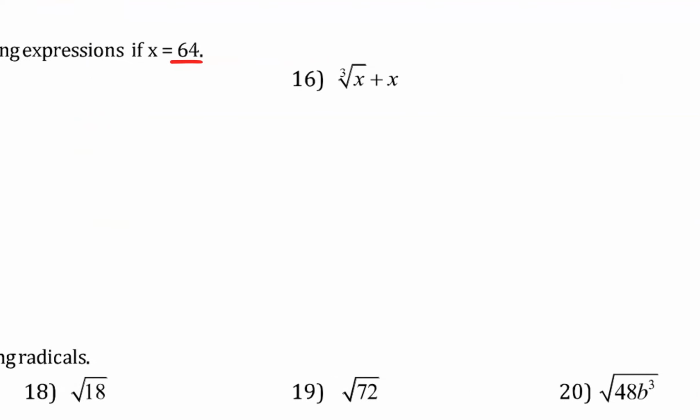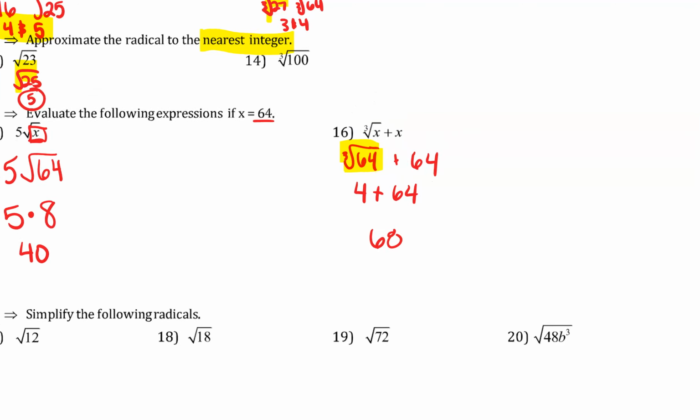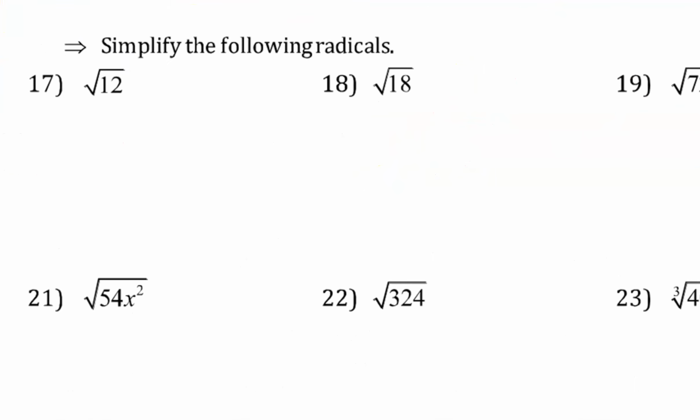Pause the video really quick and do the next one on your own, and when you come back, you'll see the answer. Here's the solution. Remember, you need to reduce the radical first before you can combine with something that was outside of the radical. All right, so let's move on to simplifying radicals. To do this, well, there's a couple different ways you can do this. When we teach this to Algebra 1 students, we usually teach it by having them make a factor tree and